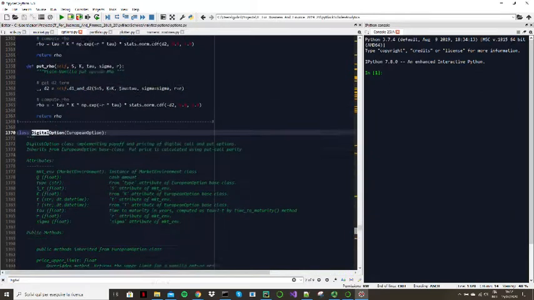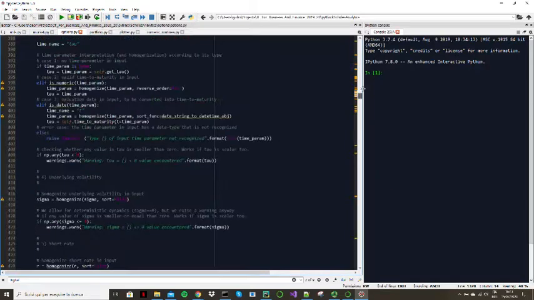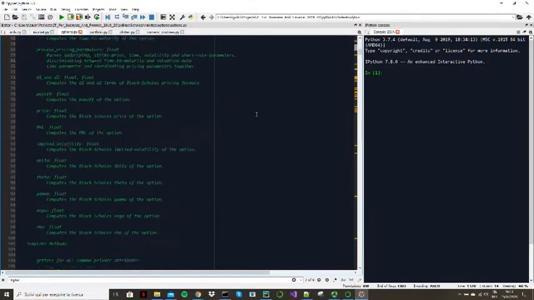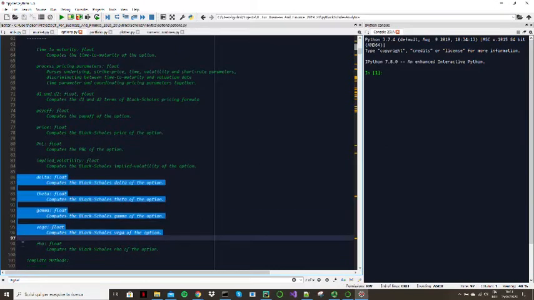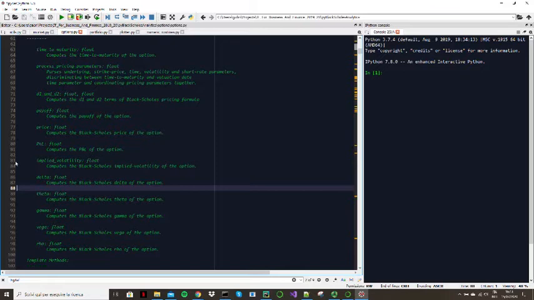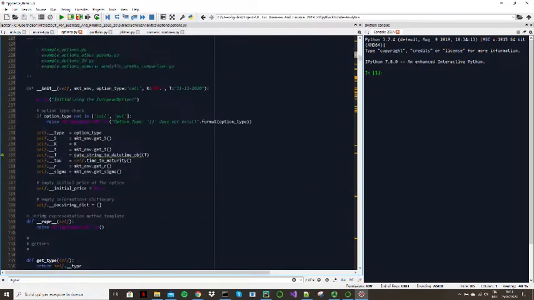We have already seen these classes extensively. The only thing that I would like to mention here, from what we have seen above, is the addition of the Greeks, so the analytic expression for the Greeks, the computation of the implied volatility, and then a very useful method